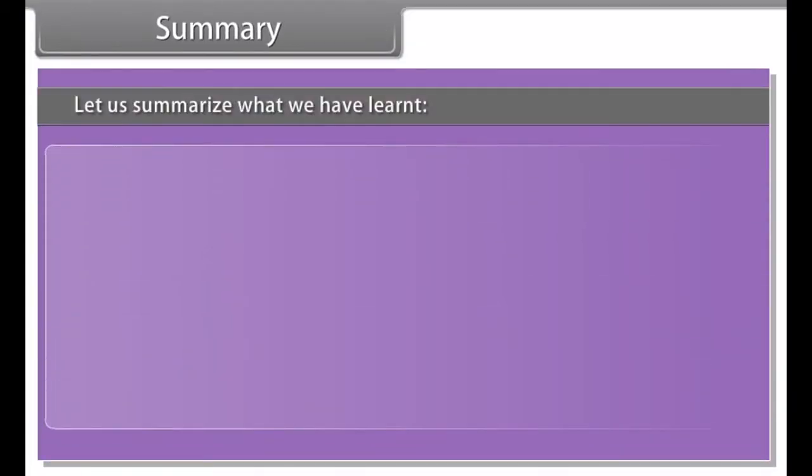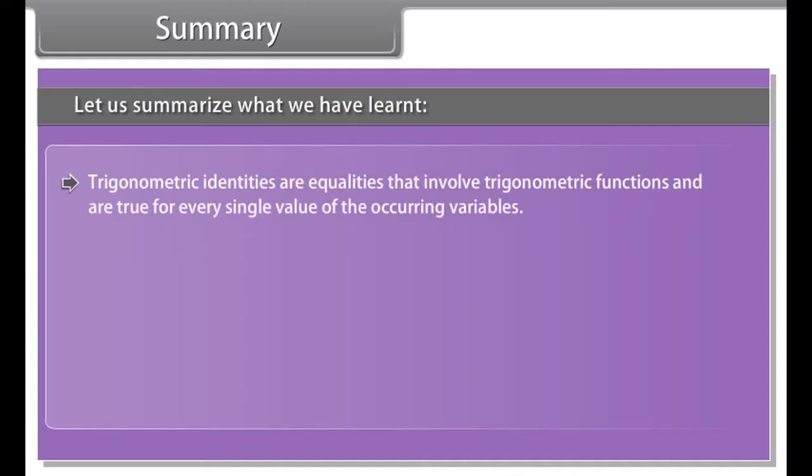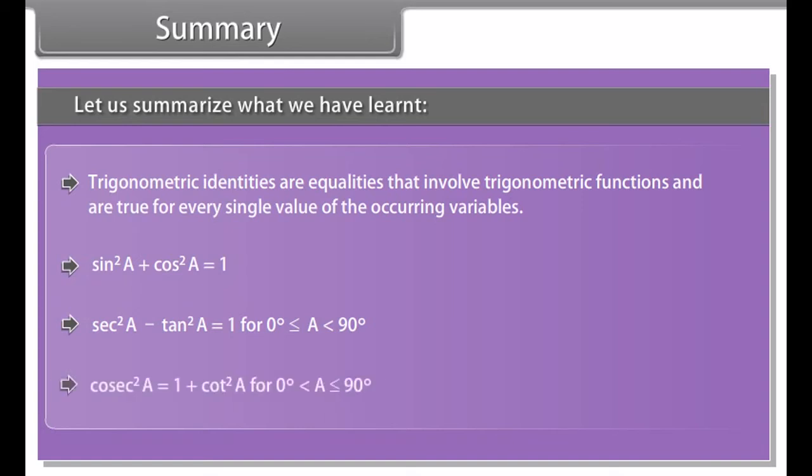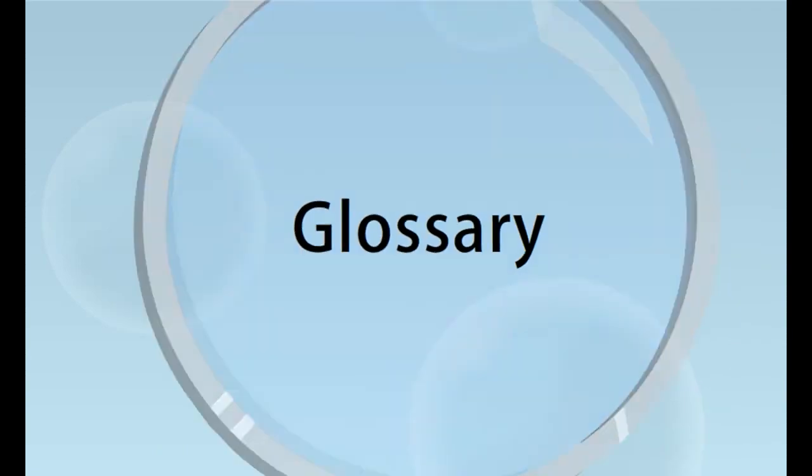Example 2. Prove that (sin raised to the power 4x minus cos raised to the power 4x) whole upon (sin square x minus cos square x) is equal to 1. Solution. On solving the left-hand side, which is (sin raised to the power 4x minus cos raised to the power 4x) whole upon (sin square x minus cos square x), we get 1. And this is equal to the right-hand side. Hence, sin raised to the power 4x